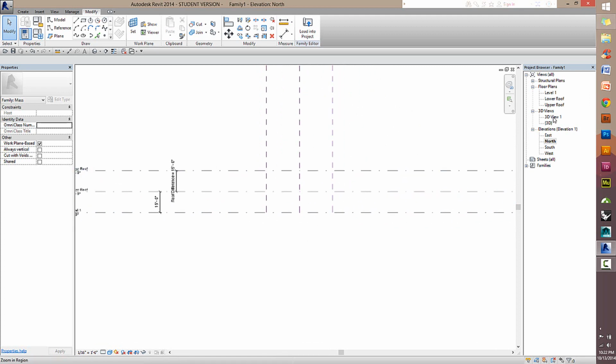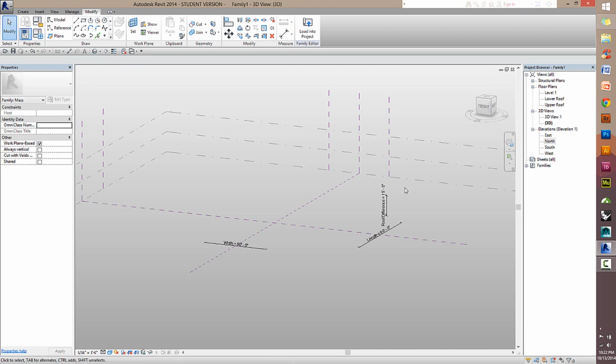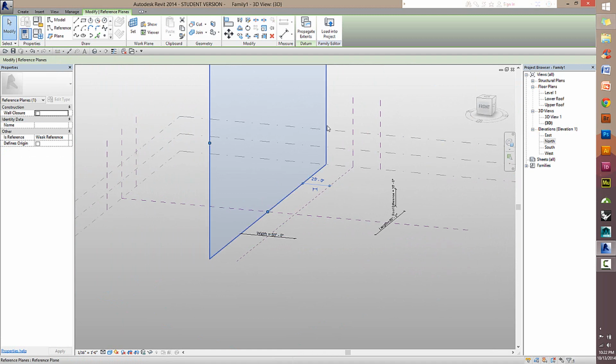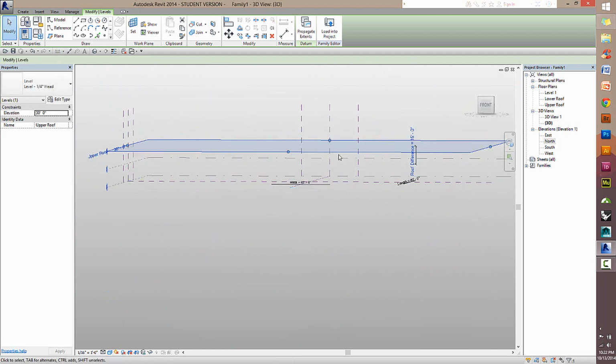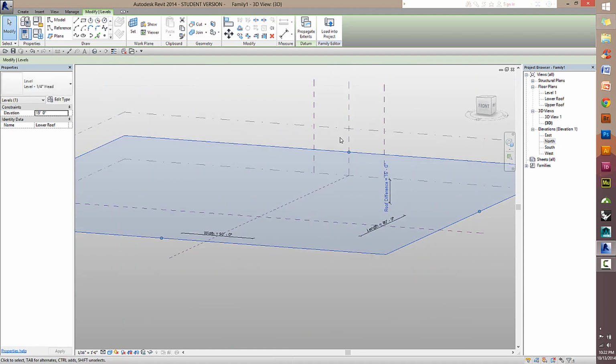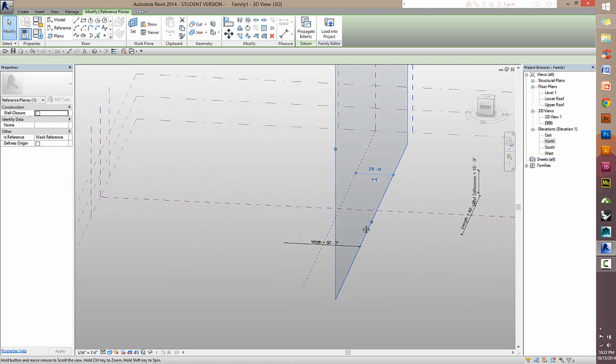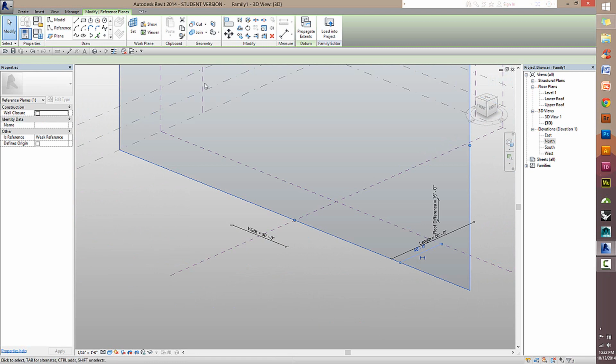So now that we have a nice outline drawn, again you can get back to 3D view by clicking this house button, you'll see that we're basically ready to start geometry. There are going to be grids of points created between these intersection planes, which we're going to use to create